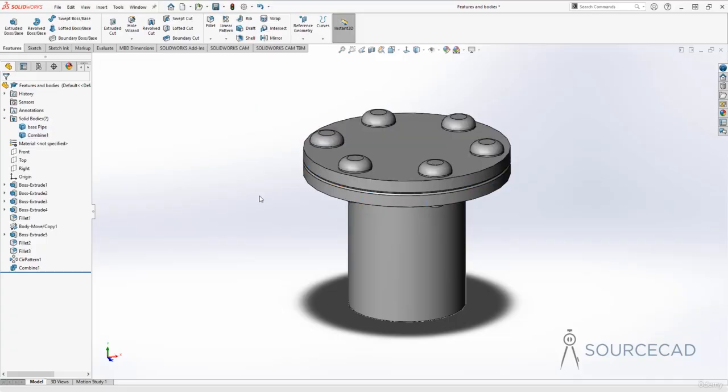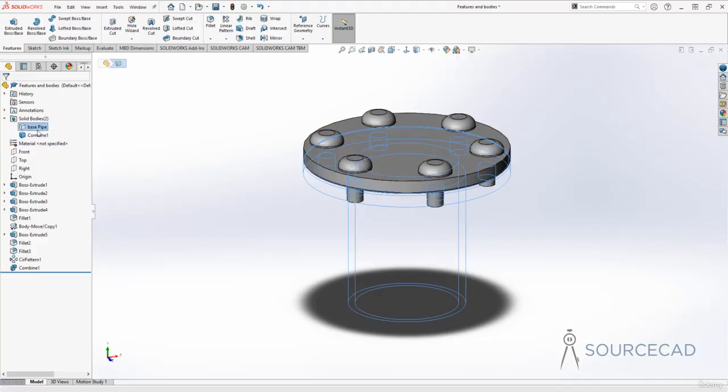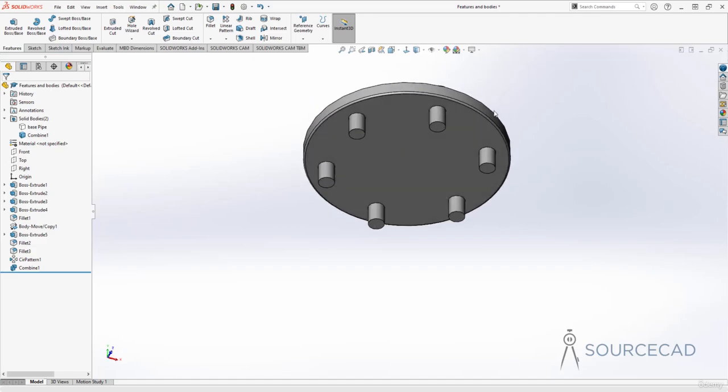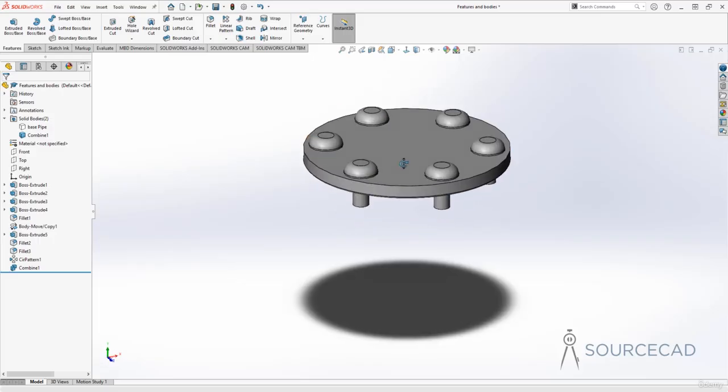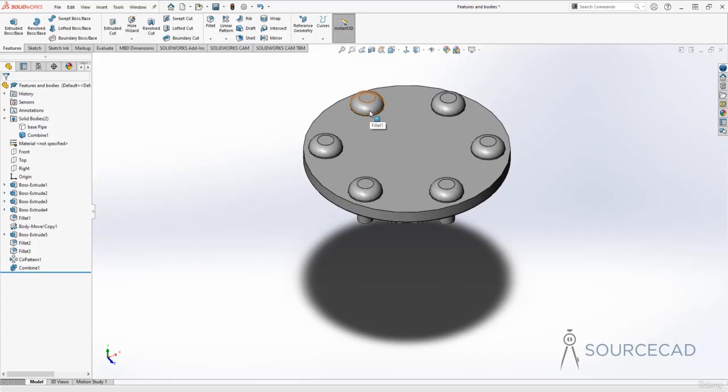And just for the sake of simplicity, let me hide the base plate so that you can see this thing clearly. So I'll hide the base plate and here we are. So this is now one single body. So that's how you can combine the bodies once you are done making modifications on separate features. Now here in this case, all of these rivets actually are made with just one main rivet. Now if you later decided to just change something in the main rivet and you just want the same changes to propagate to all the other copies, then you can do so very easily simply by modifying the main